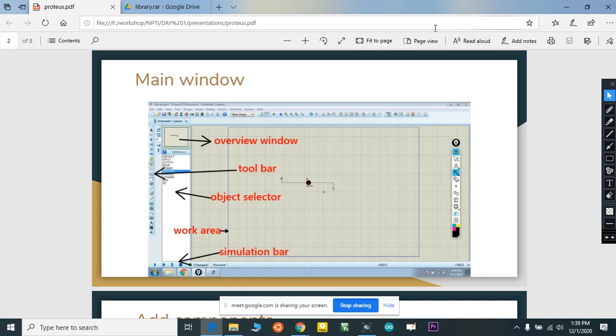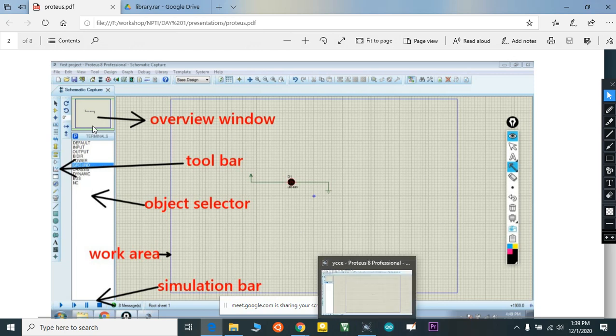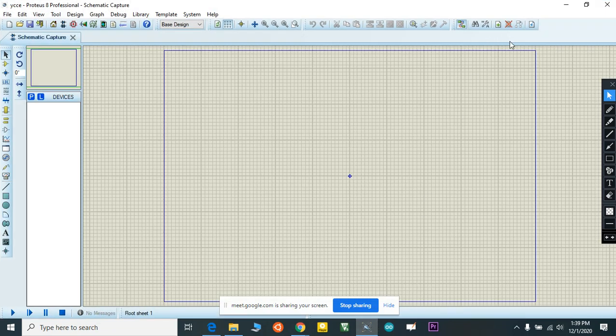So you can see this. This is our overview window. This is our toolbar, and this is the object selector, work area, simulation bar. So this is our overview window. Then we have the toolbar.